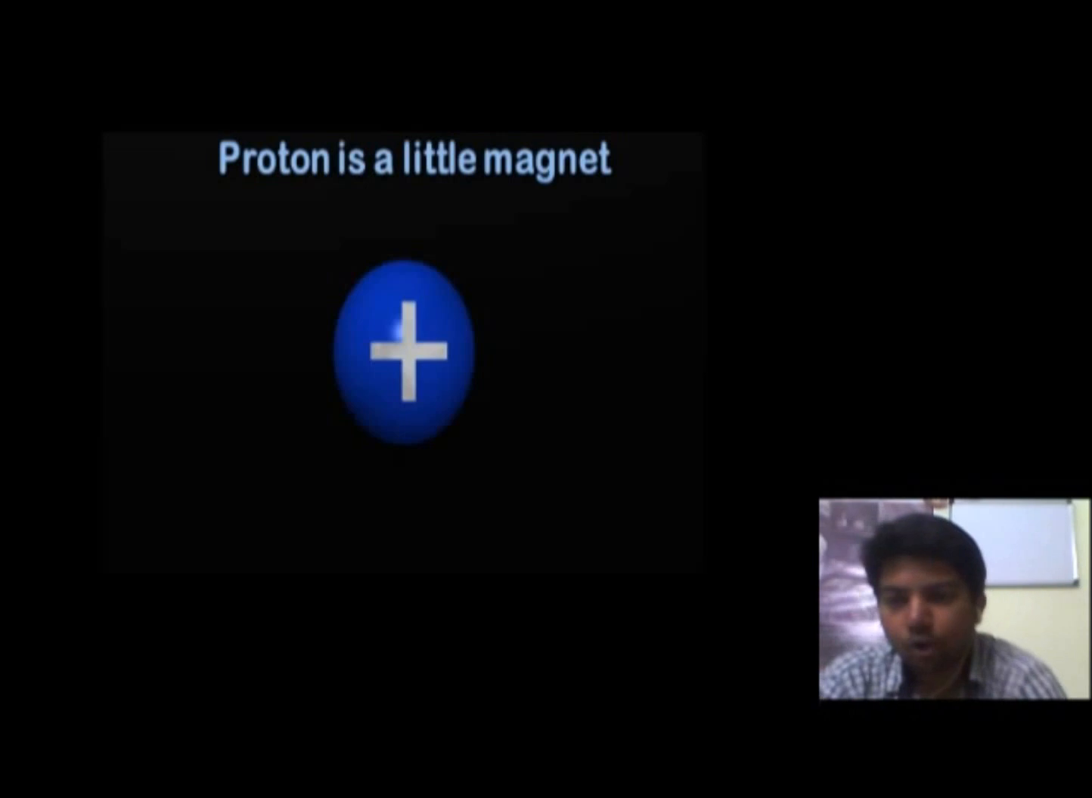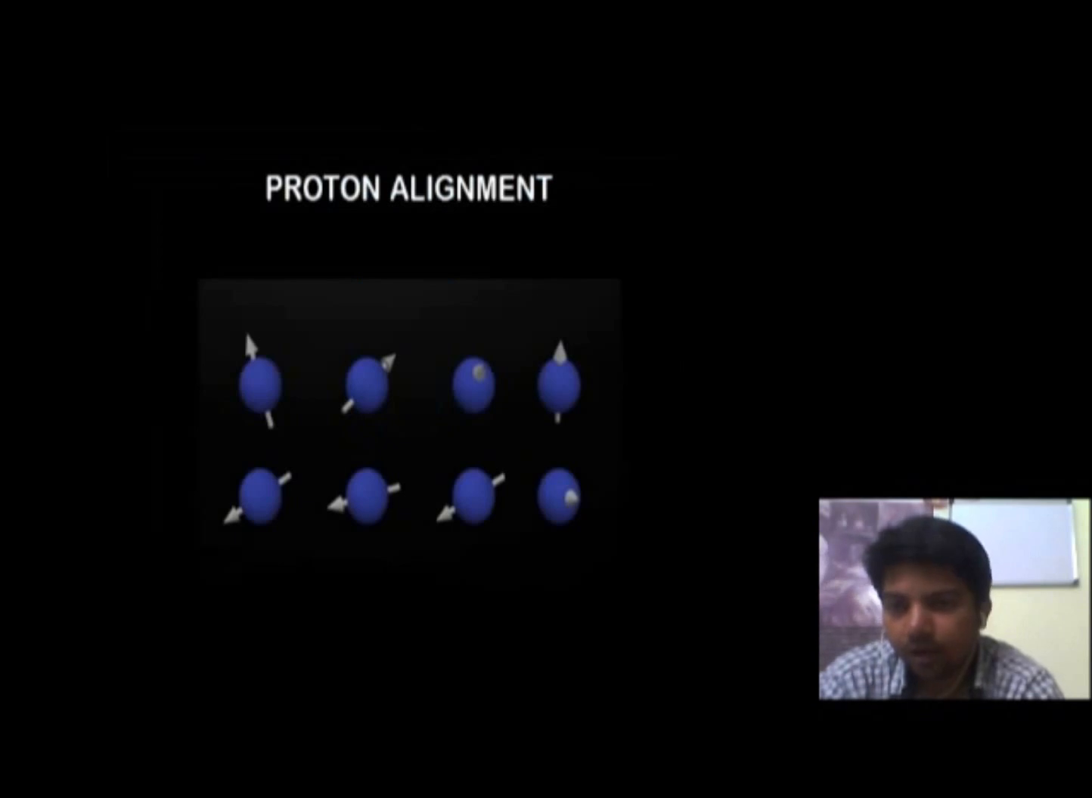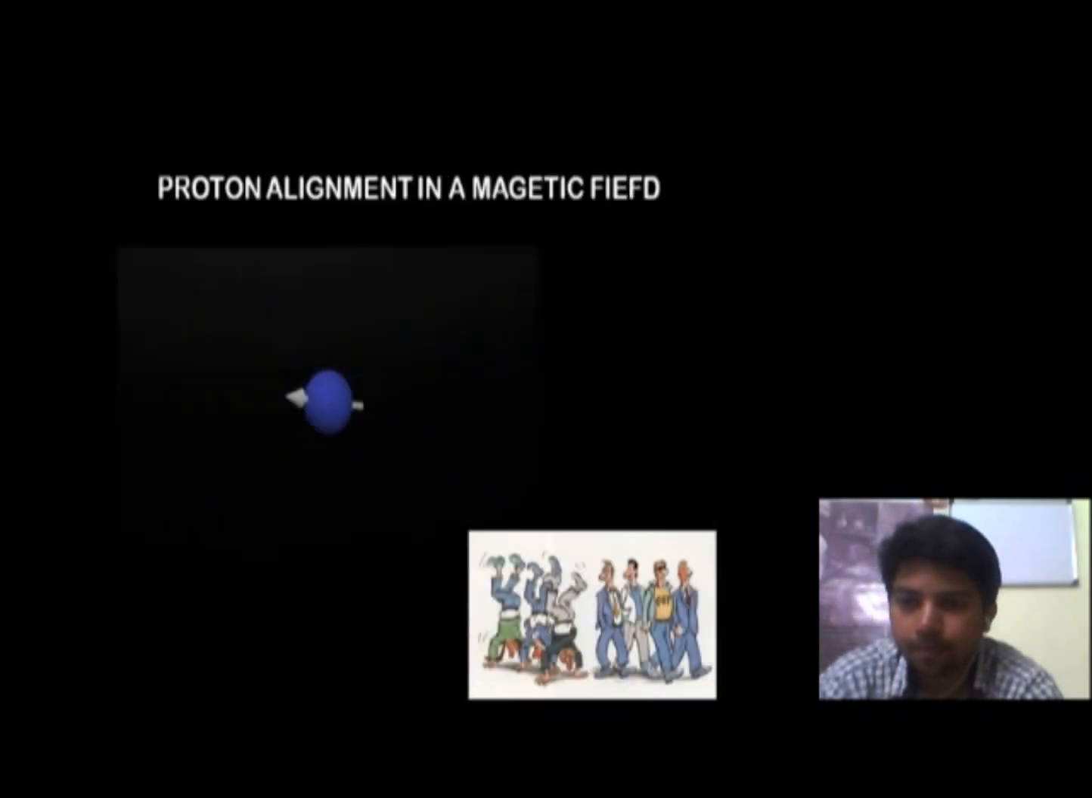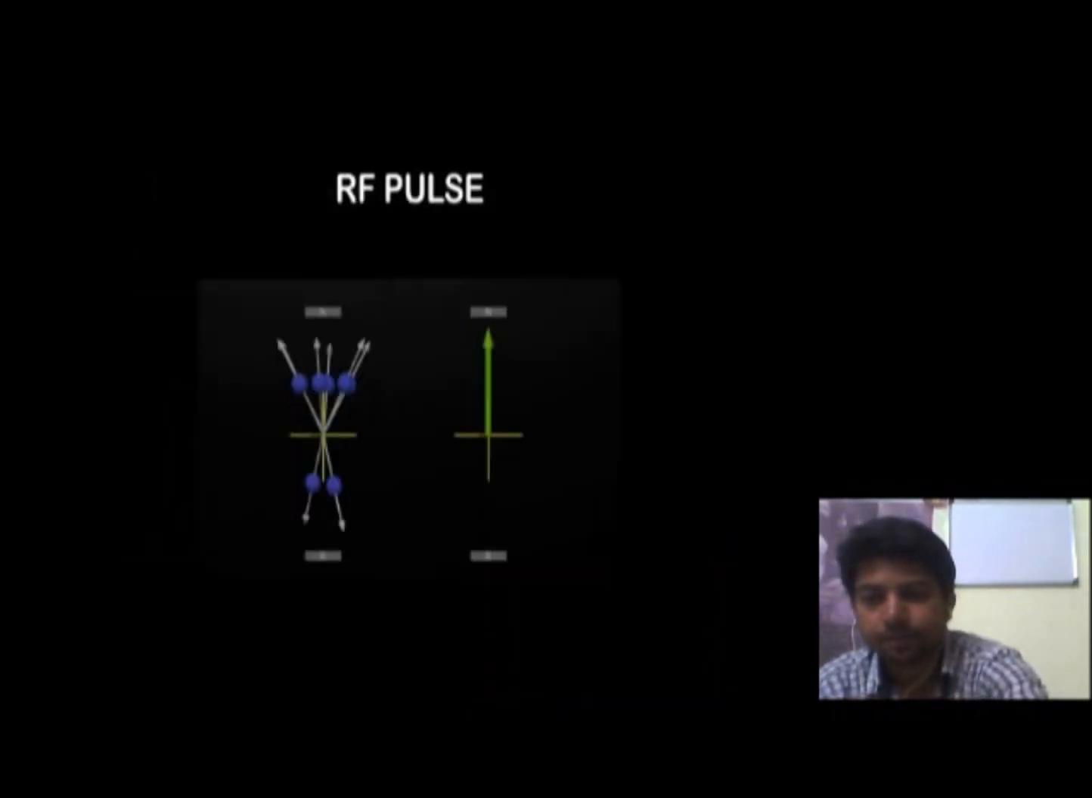Proton is a little magnet because of its charge. These protons are aligned in various directions, and when a magnetic field is applied, these protons align either parallel to the magnetic field or in a reverse direction to the magnetic field. And when a radio frequency pulse is passed,